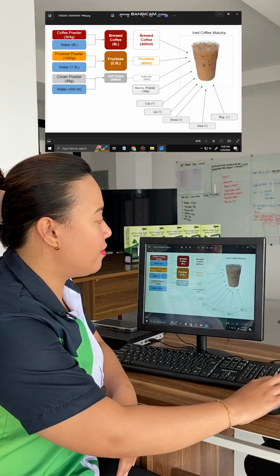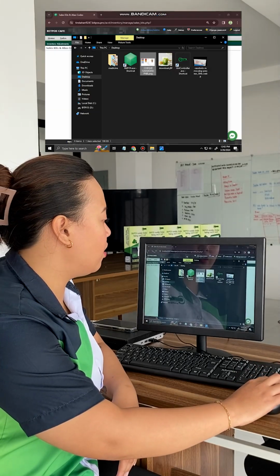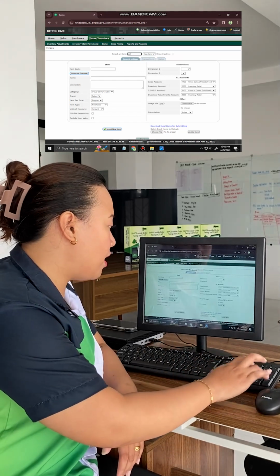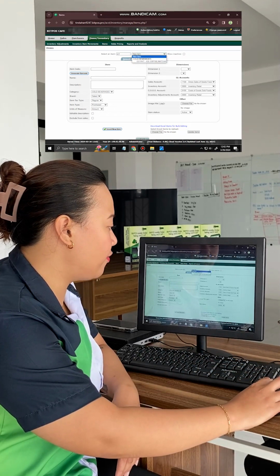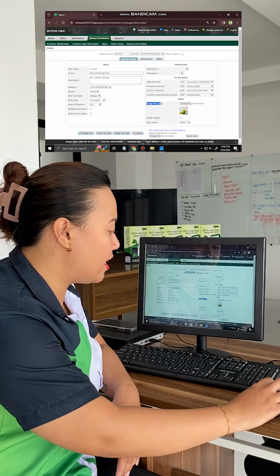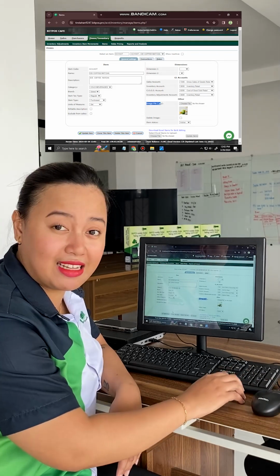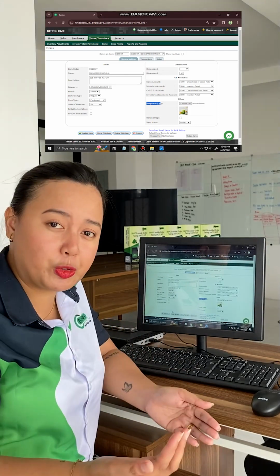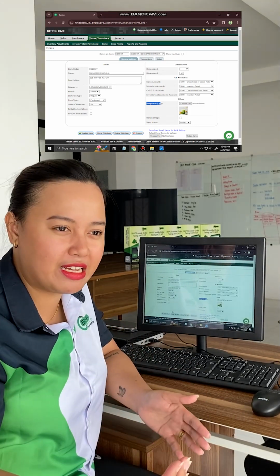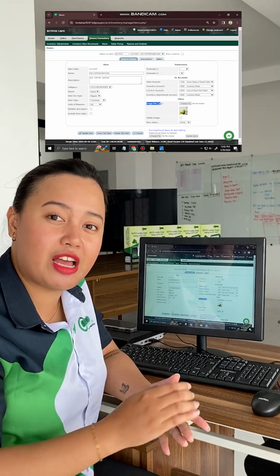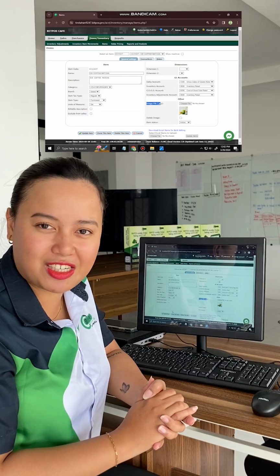Also, this will be very convenient if you wanted to add pictures of your item here, because you can just select specific photos by choosing image file, and then just choose file and then select that file and then update that item. By doing so, you can actually put images to your products, which is more convenient and very nice to look at in the cashiering interface for easier navigation during transaction time.